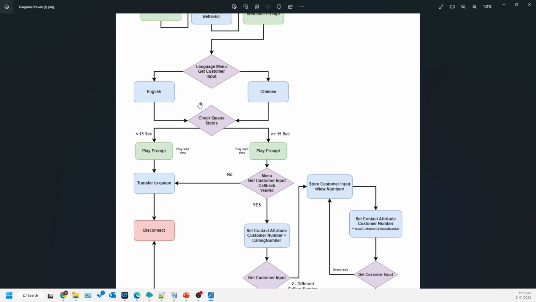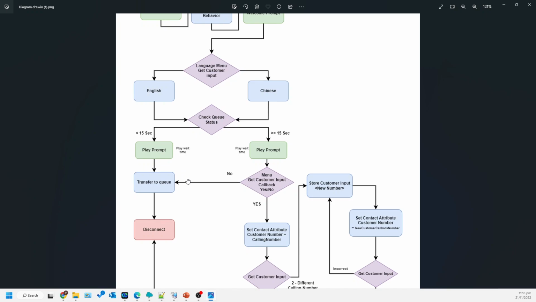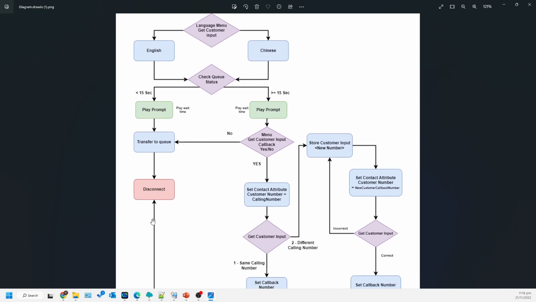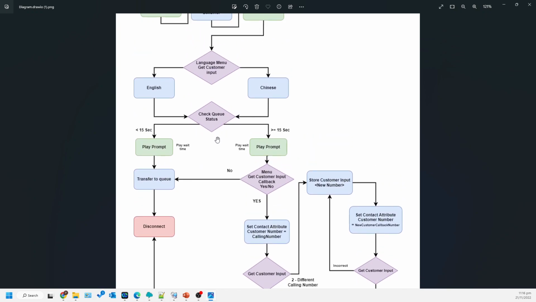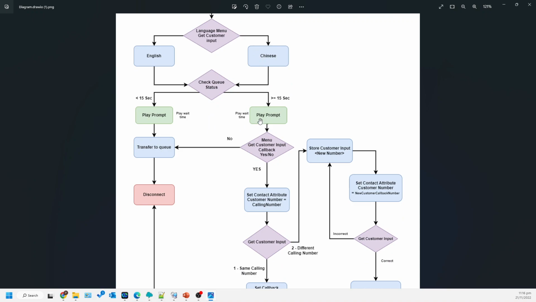I'm checking the queue status and how long the customer has to wait in the queue, and I'm playing that queue time to the customer. If the customer has to wait less than 15 seconds, I'm just transferring that call to the queue, so he's going to get answered within another 15 seconds. If it's greater than or equal to 15 seconds, I'm going to play the prompt saying you have to wait